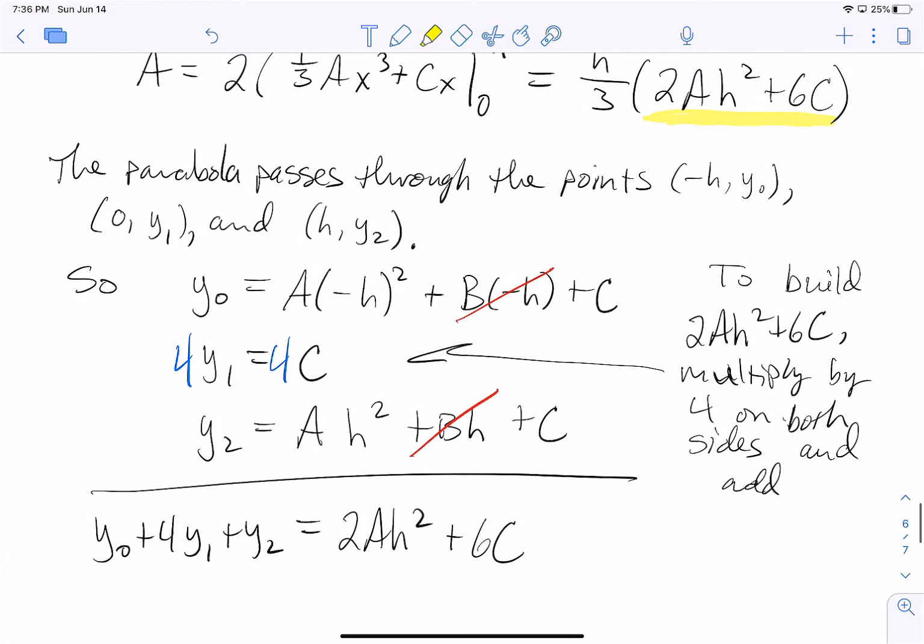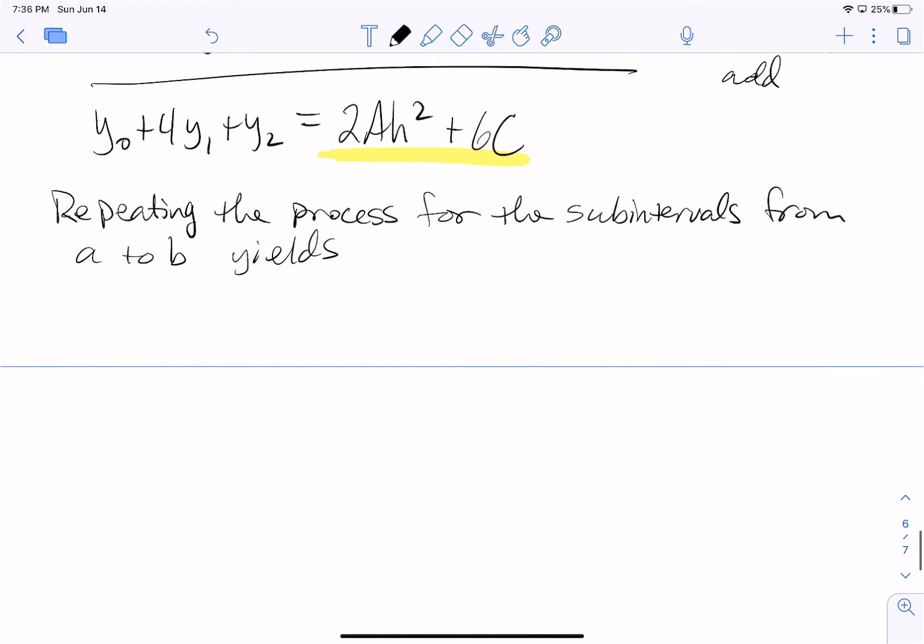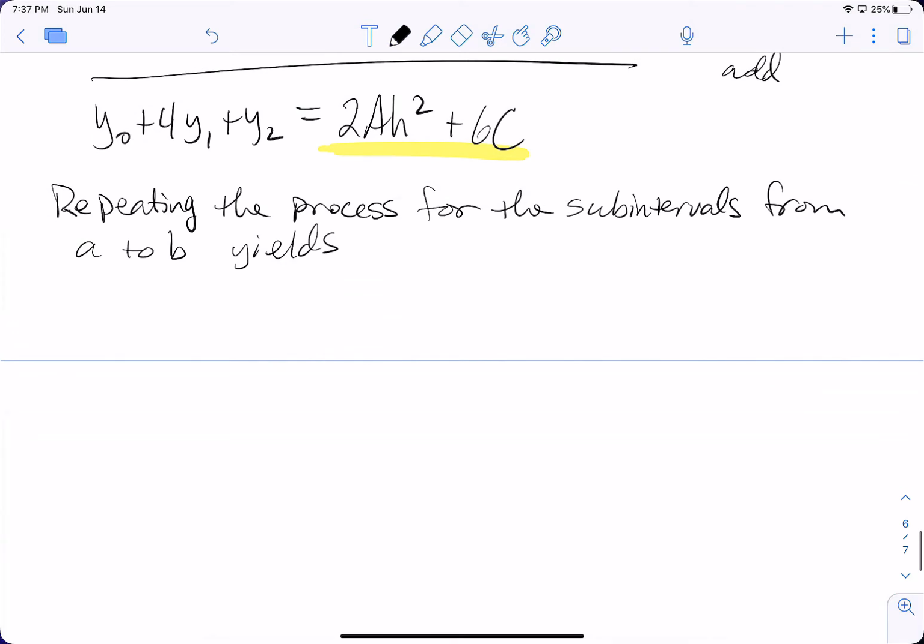And what we've just done is we've built the expression that we came up with by integrating, but now we have it in terms of y values. With that as our foundation, we can say, repeating the process for the subintervals from a to b yields that the integral from a to b of f of x dx is approximated by S sub n, where S represents Simpson's rule, n is the number of subintervals, and it equals delta x over 3 times the quantity of f